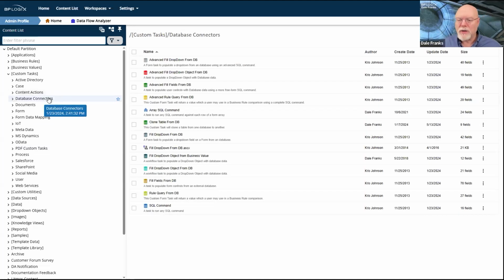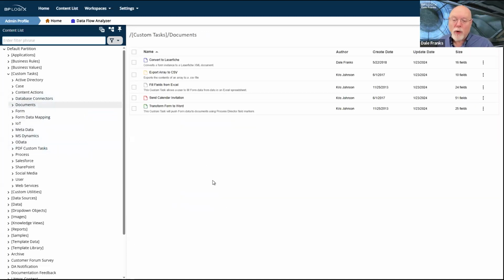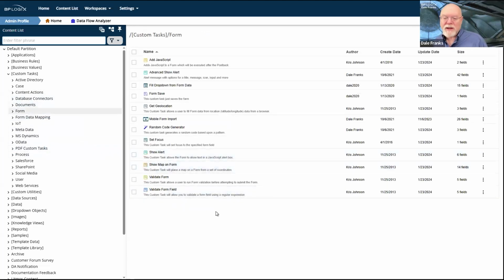Database connectors are all about database connections and SQL commands and talking to external data. Documents are for document handling within Process Director. Form, these are obviously custom tasks that either alter forms or that generally work inside forms.